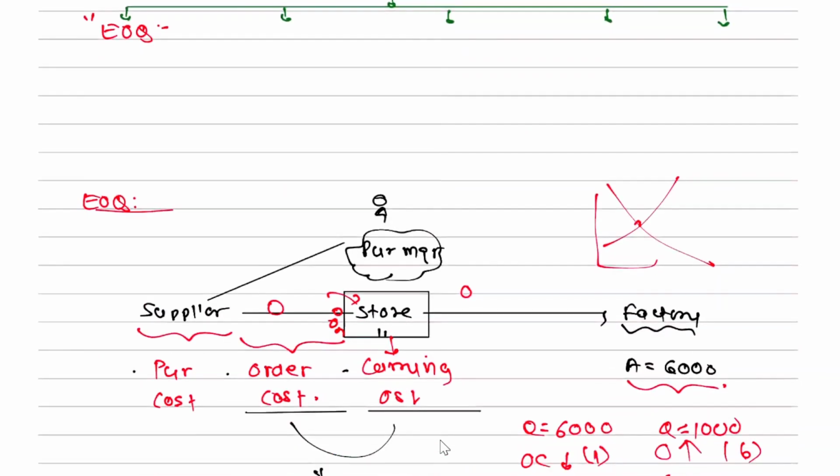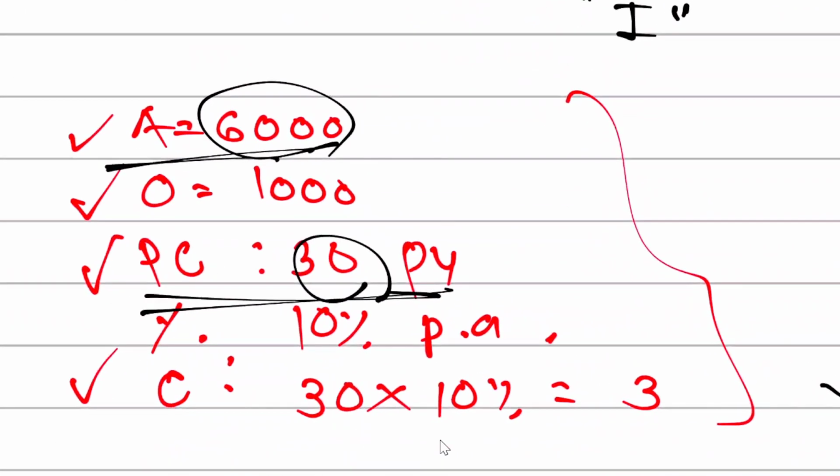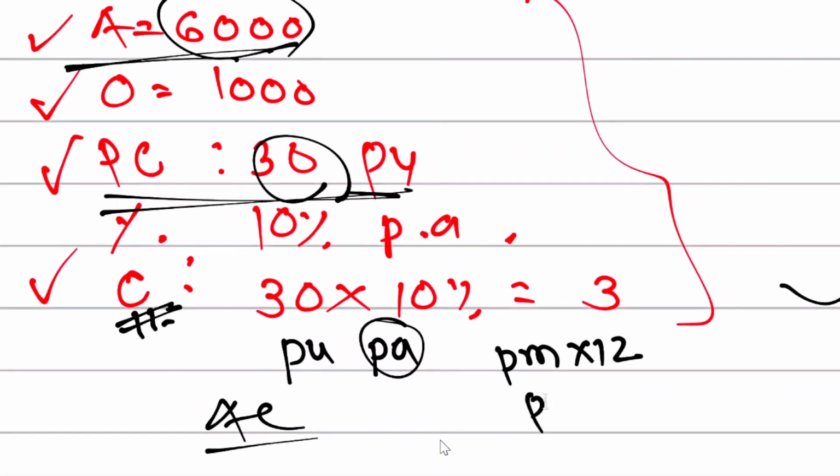Acha sir, now there is a twist. Sir, what is the twist? It is not necessary... Your carrying cost, sometimes they will trick you. Like it should be per unit and per annum. Sometimes it will be given in per month. So you should know if it is per month, multiply by 12. Now please don't give me wrong answer. If it is per quarter, then multiply by